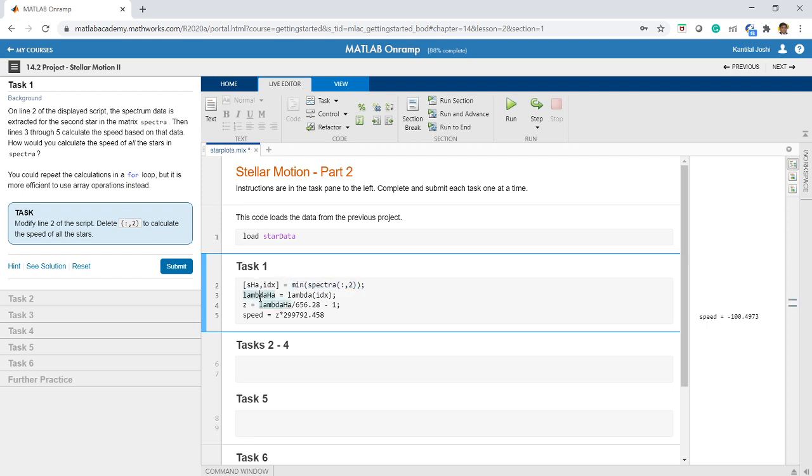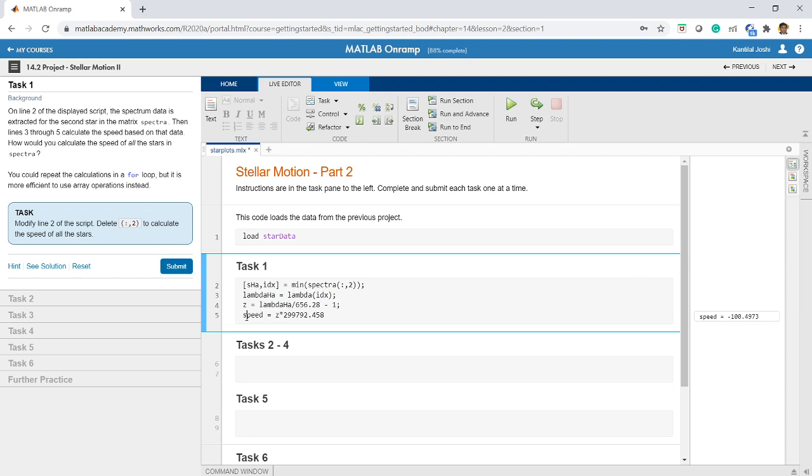From that we calculated lambda_ha, which is the value from the lambda vector at the index idx. Then we calculated z and then the speed. These formulae we have seen in the earlier video.